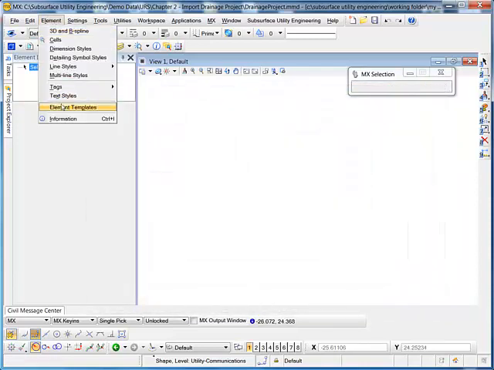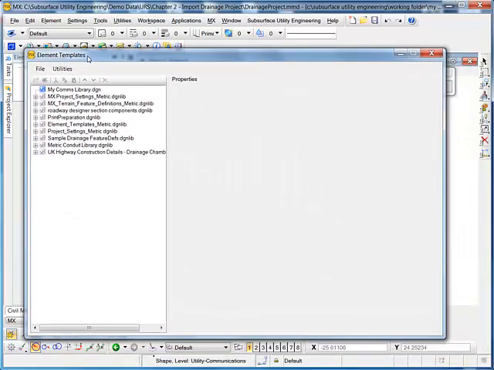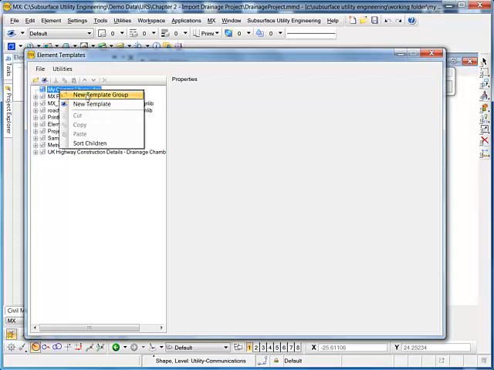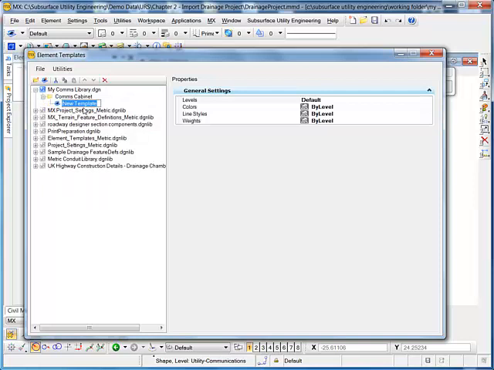So now I can go to Element Templates. There's the current design file. If I click on it, I can right mouse click and select New Template Group. Just type in a name. Now I've got the template group, I need to create some new templates within it,